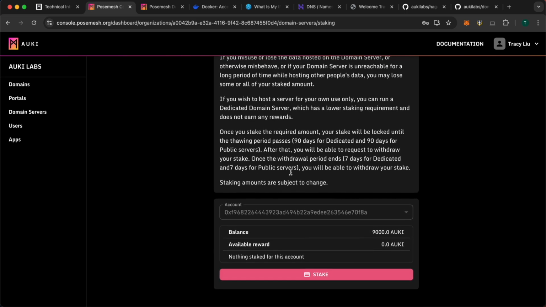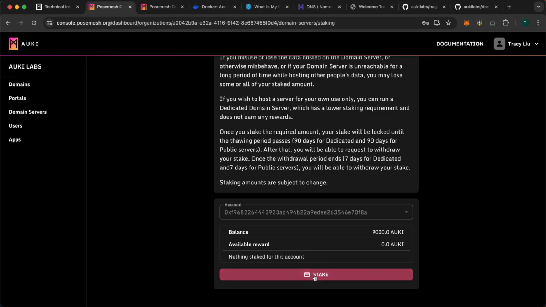A note about security here. Both domain and relay servers need your wallet's private key for authentication and verification, and it will stay on your machine where we won't have access to it. But still, for security reasons, it's best to use a wallet that doesn't have any funds in it other than the Alki tokens you'll be staking and a little bit of ETH for gas. Also note that you'll need a unique wallet for each domain server instance and each relay server instance. Make sure that you're on base mainnet and have Alki tokens in your wallet already, or I think you won't